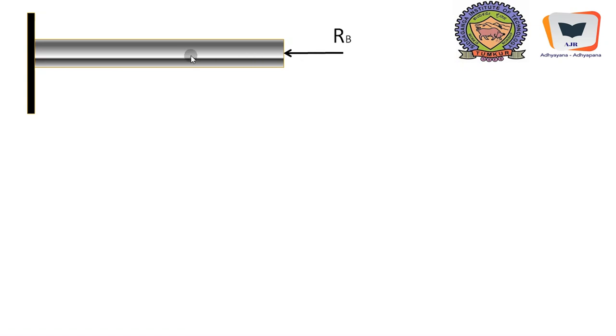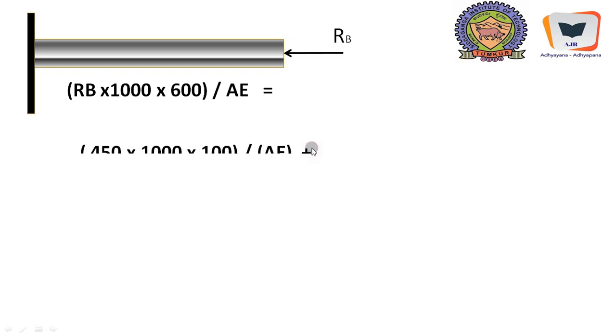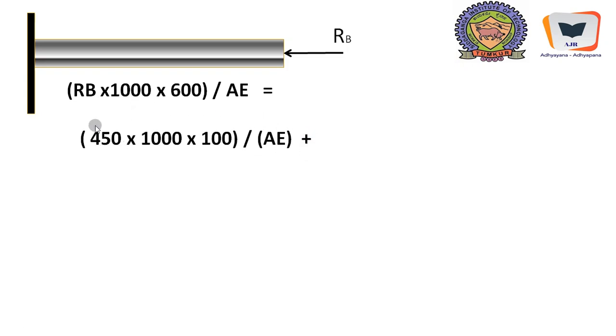If the forces are tending to increase the length, this is trying to push it out so that there is no deformation over here, because walls will never yield. So RB into 1000 into 600 over AE, because this 600 is the total length of the bar, and this is RB. We are converting RB into Newton by multiplying it by 1000, divided by AE,